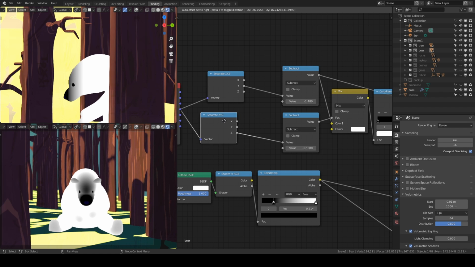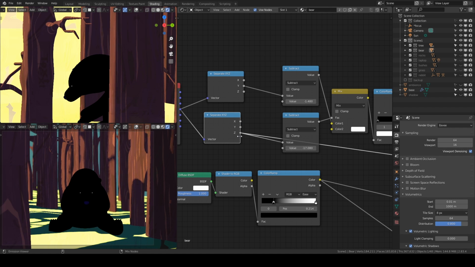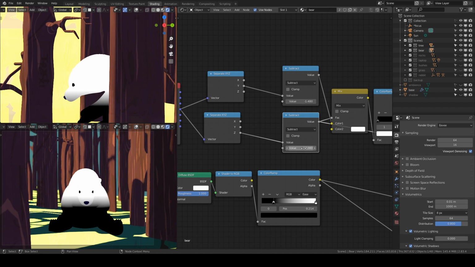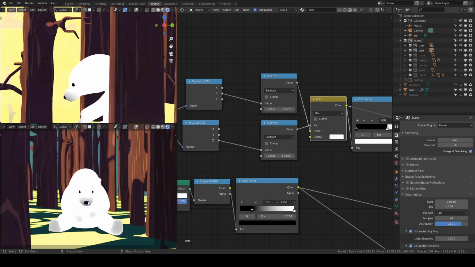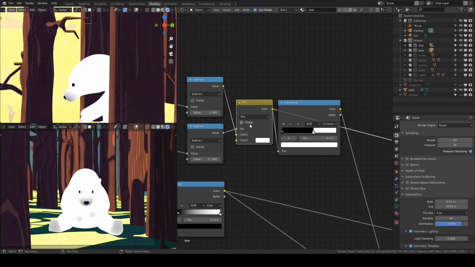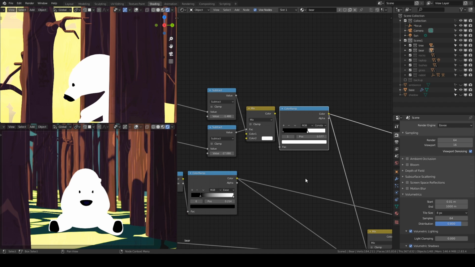So I have a different separate XYZ, and then I took the Z value and then I subtracted it with a number. I basically moved the 0 to the bottom by subtracting it. Now when I mix these two values, this is the kind of gradient that I'm getting. Again, all of these values were done after I combine this mix so that I can actually precisely control this value. And once I define this, I plugged it into a color ramp with constant as a value so that I can define sharp boundaries for these two. Now I have a mask, a black and white mask, which I can use as a factor to combine a brighter and a darker value of colors.